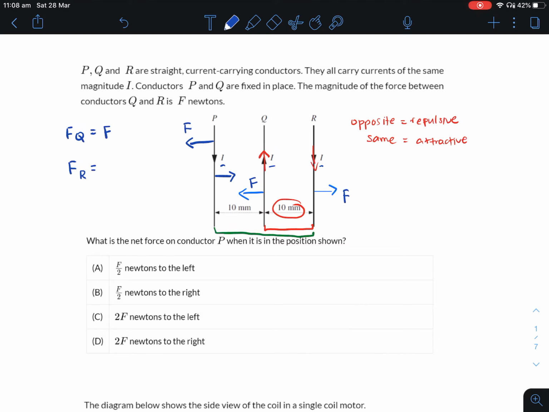Okay, and so it's going to be weaker by how much? Well, actually by a factor of 2. And how do we know this? Well, if you consult your formula sheet, you'll notice that the formula that concerns this particular situation